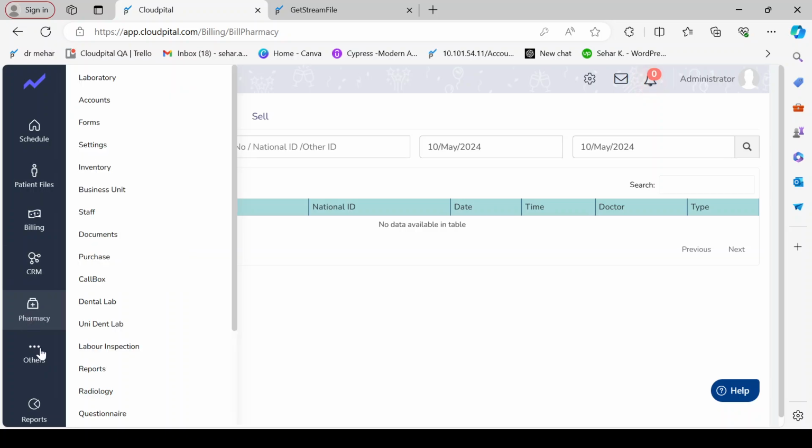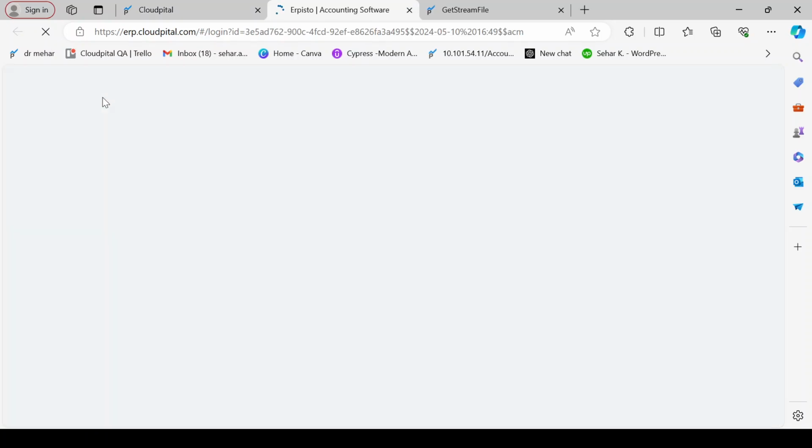In others, we have multiple types of other modules, like we can manage our complete laboratory data in our separate laboratory cycle. We can manage all of the laboratory records, results, we can assign the results, and maintain all of the samples in the laboratory cycles. For accounting, we have a separate accounting module to manage the complete patient finance management system in our system, in the finance and ERP screens.